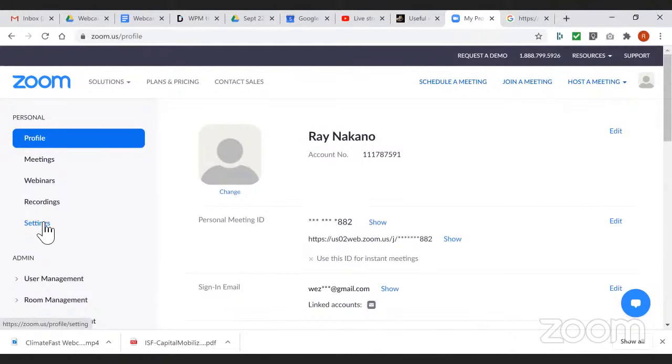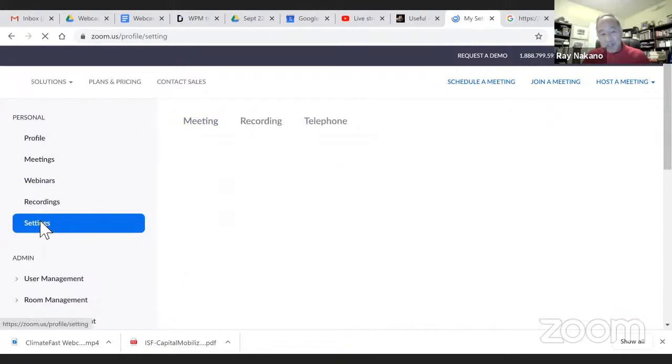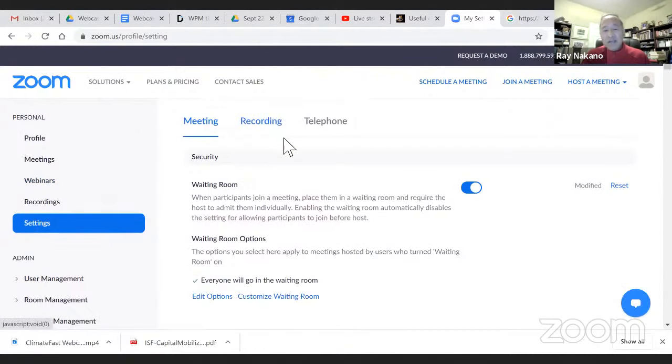Okay, so now what I'm doing is I'm going to set my personal Zoom settings. And the reason I do this here is that before you actually create your Zoom session, the Zoom session that's going to link to your YouTube live stream, you have to set your personal settings first, okay? And for some of these settings, unless you set it here, if you've created your Zoom session already, you're going to miss out on the settings that you should have set.